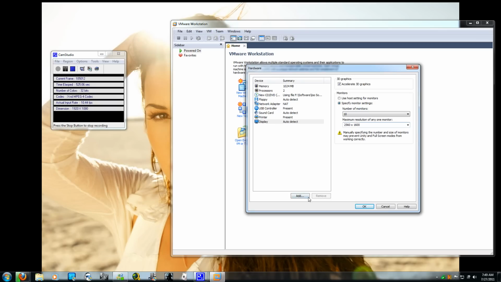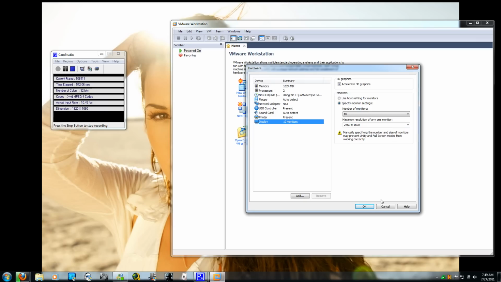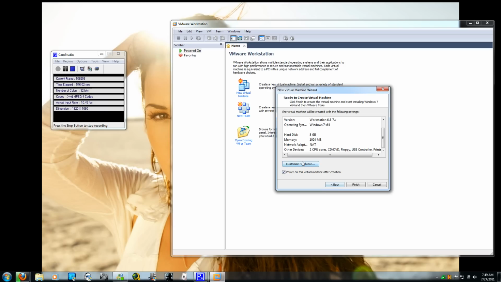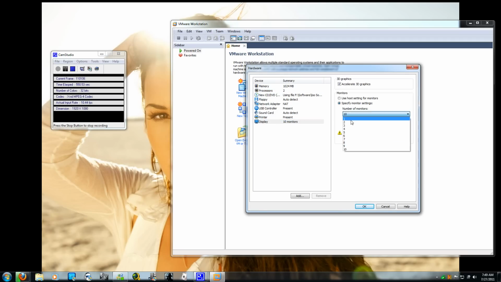You can always add something. This is for advanced users. You will see it in the User Account Control box once you click add, but you cannot see it because Camtasia Studio does not show this. Yeah, you can add something like a serial port, parallel port, or generic SCSI drive. So let's just click OK because we're done with these settings. Actually, let's go back, and then you want to change the display to one monitor and use host settings for